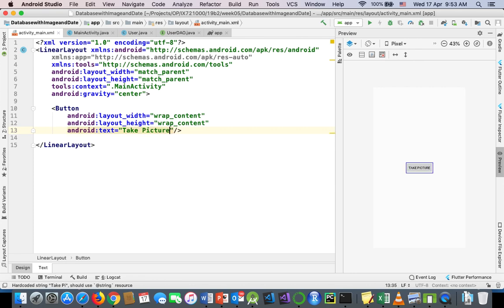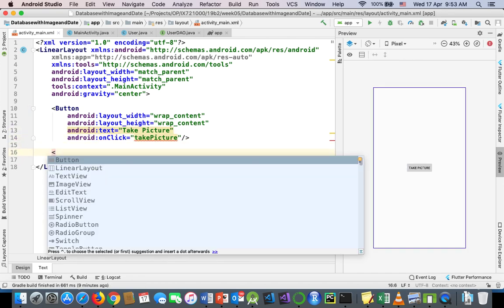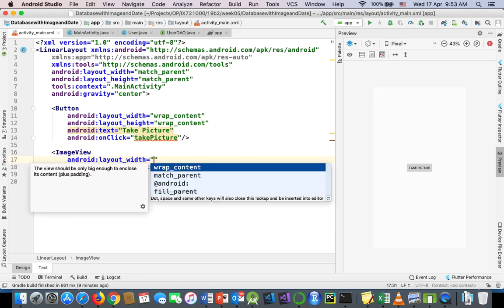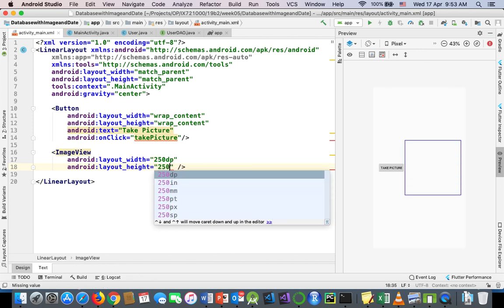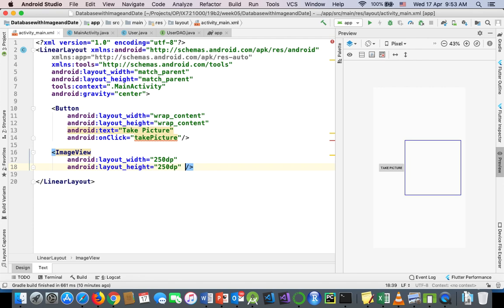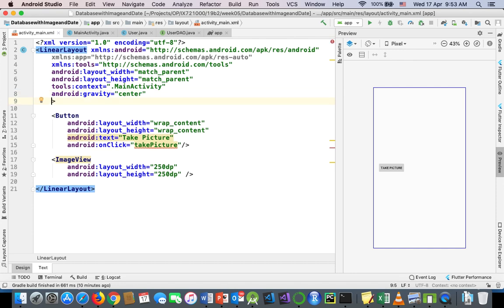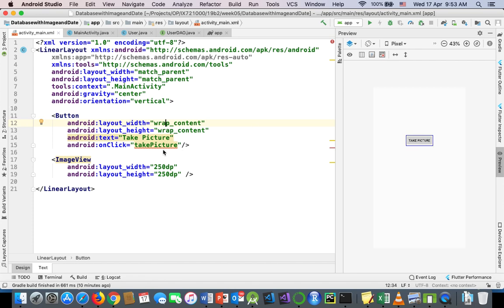Okay, so take picture, and then I say that I want the on click event to go to that take picture method, and you know what we need to do with that. Image view 250 dp, and then again 250 dp, and what else? Okay, I also need to make that orientation vertical. Orientation vertical. So now we have, okay,